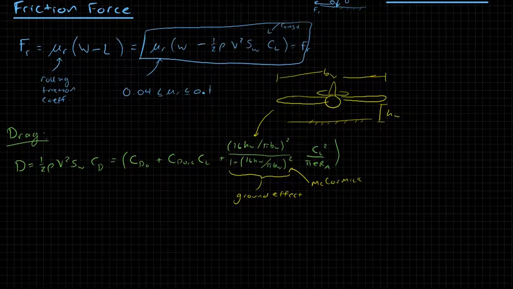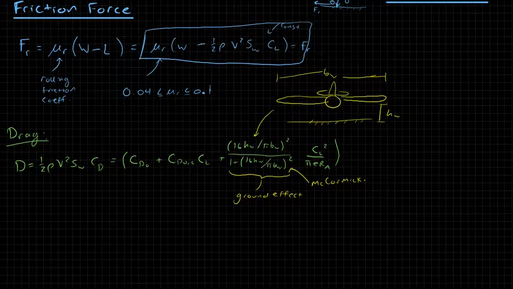Okay. Now this expression here was taken from McCormick, which you may be familiar with. McCormick wrote a pretty popular book on aerodynamics. And in his early editions, this term had a typographical error where the pi was not included in the denominator of these terms here. In later editions of the book, that was fixed, but you'll see in some other books, people have propagated the error of missing the pi. So it's very important to remember that. Now, McCormick is one of many who have given an approximation for ground effect. And this approximation isn't necessarily the best, but it does the job for what we're trying to show because it shows us this trend.